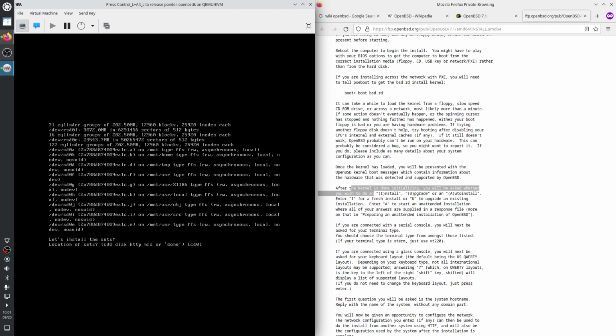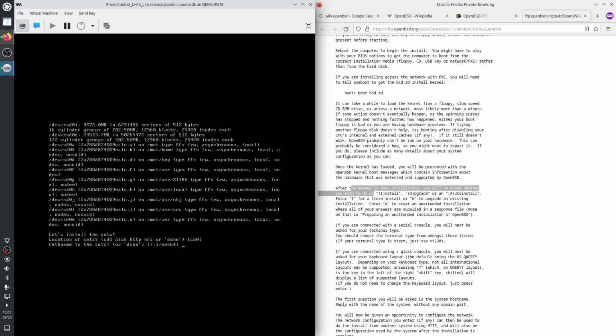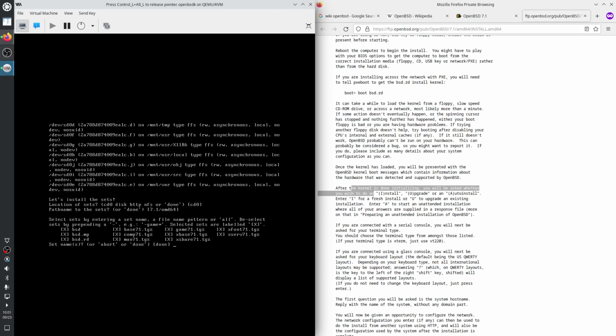Let's install the sets from the CD-ROM 0, yes. Path name correct. It has selected all of the sets, so BSD is, I don't know, probably the single core kernel. BSD.mp is the BSD multiprocessing kernel, SMP. RD is probably the rescue. Base71 is base, comp is probably compilers, man is man pages, games are BSD games, command line games, which I haven't played